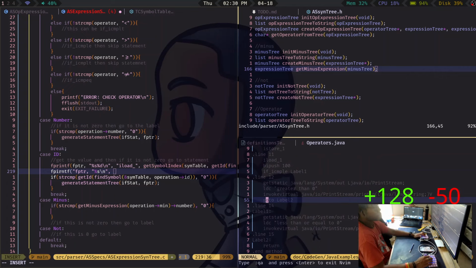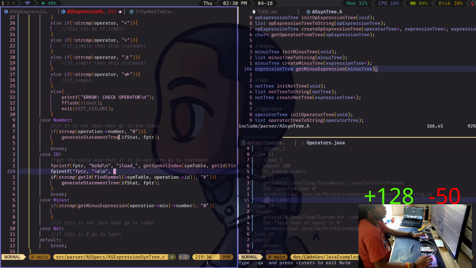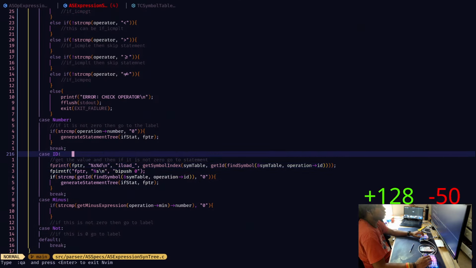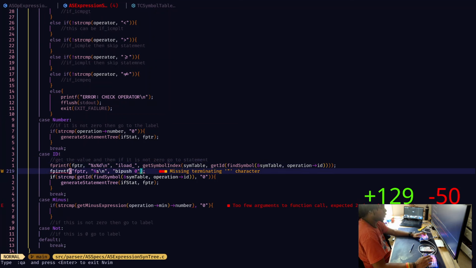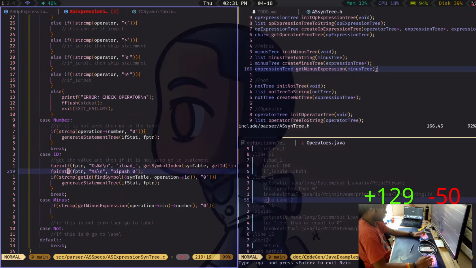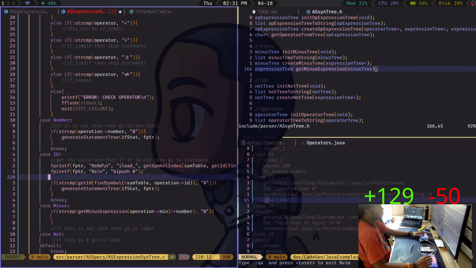I see. And it has to start with level 2. Okay. So we push a 0 on the stack. Right. Why is this giving me issues? Tell me. Missing, terminating. Oh. Okay. This isn't right either.